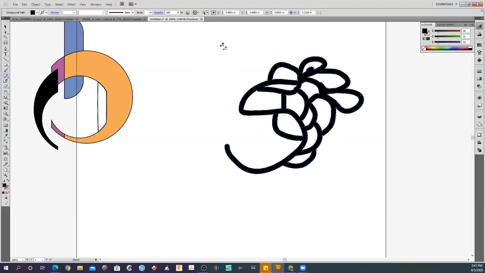There's also a pencil tool. The pencil tool allows you to draw a freehand line, a singular line, versus that blob tool, which was more like a marker stroke. The marker stroke actually had two lines to it to create the shape, while this one is just a singular stroke, a singular line. So if I were to add a stroke to this,